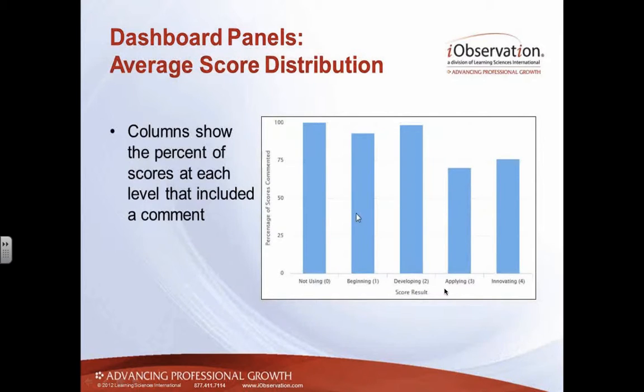The next piece shows us the percent of scores at each level that included a comment. What this is showing us is that in this example, the not using score had 100% of those scores with comments, and about 95% at beginning had a comment, about 98% at developing. And so what you want to see